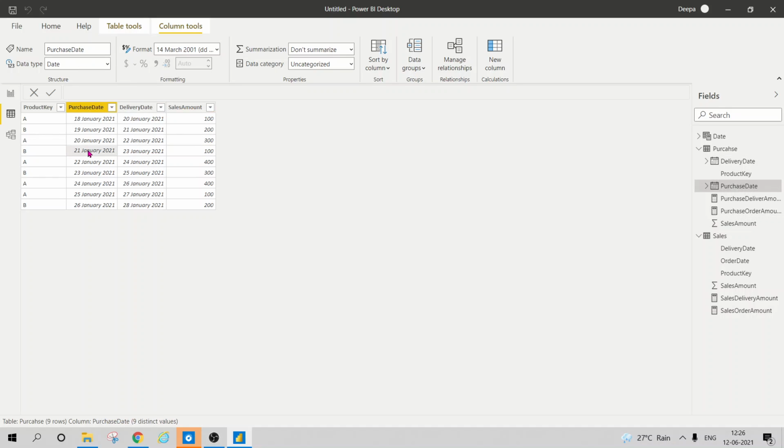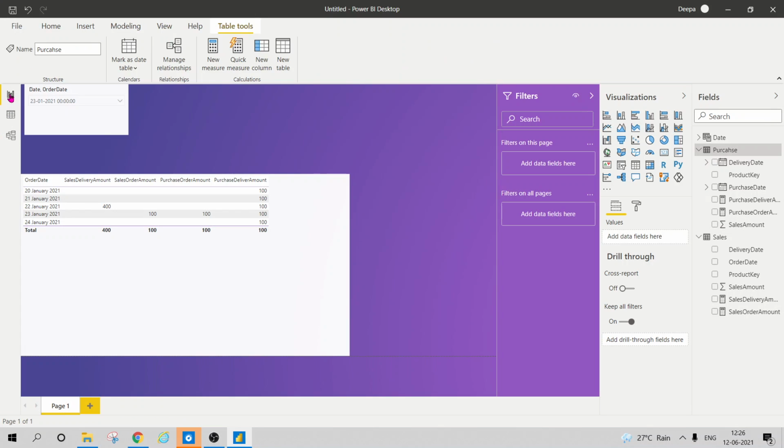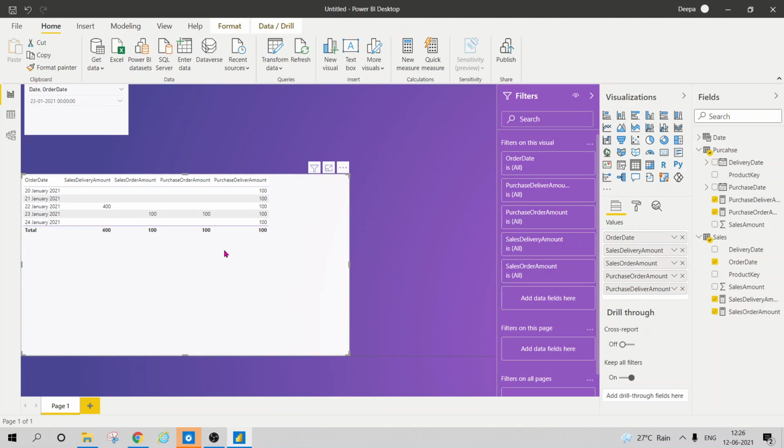For 24th January we again have the delivery amount of 100, and the purchase for the 23rd January is 300. So let's check, are we getting that value? For 23rd January we are getting 100 for purchase order amount.